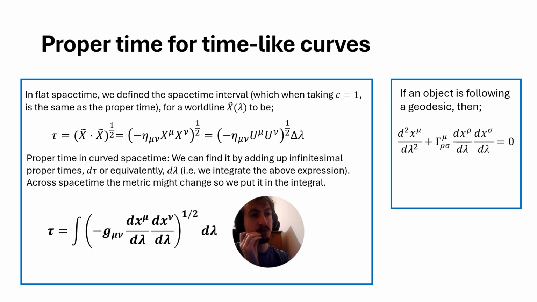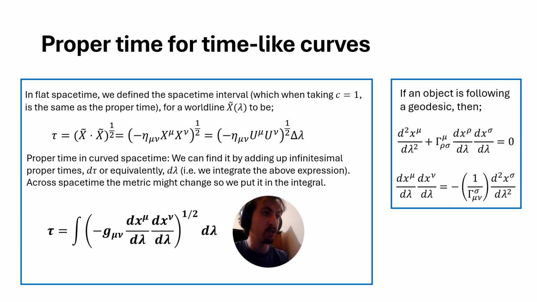And so, if we want to write the equation of proper time differently, but are assuming our world line, our x, is satisfying a geodesic equation, we can just rearrange our